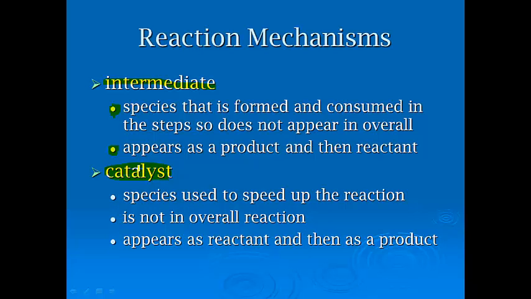Now, a catalyst is something that we keep throwing around. A catalyst is a species used to speed up a reaction. It's also not in the overall reaction. We've written it above the arrow. The reality of it is when you have true reaction mechanisms, we really can put it as both a reactant and a product. It's just typically when we're writing reactions, we usually write net ionics, so we get rid of things on both the reactant and the product side, so that's why a lot of times we put it above the arrow